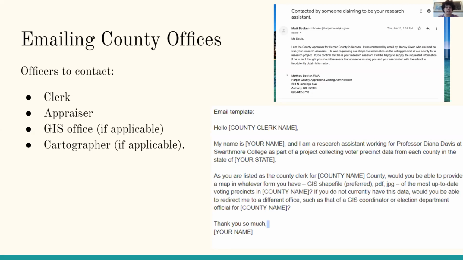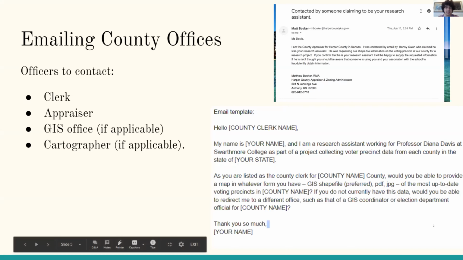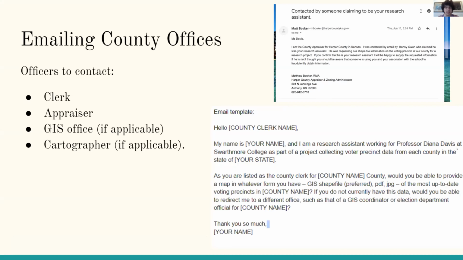And frequently we got written descriptions of precincts as well as PDF maps of the precincts in an area. And those we had to convert into shapefiles ourselves, which I think the Nebraska group will be going into more detail on. This is the script that our group along with a lot of the students in our REU